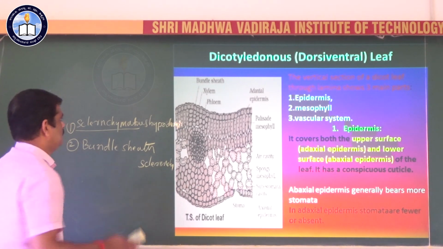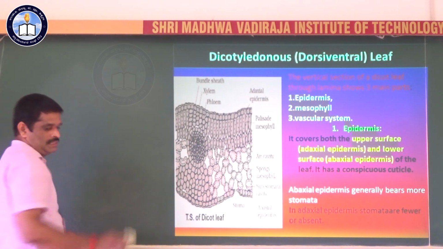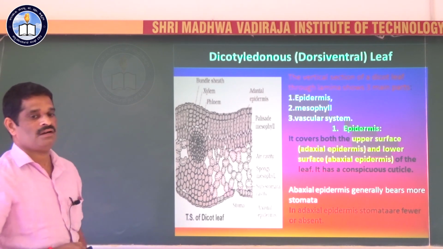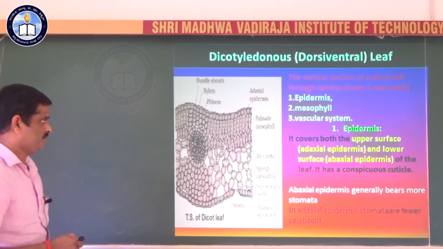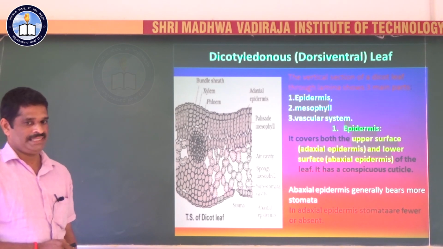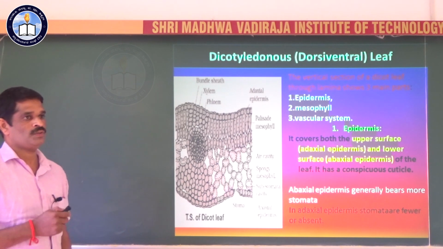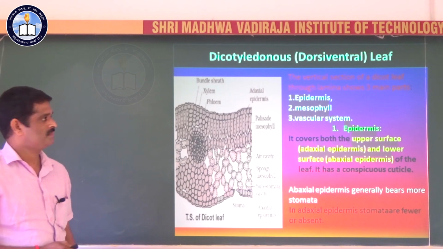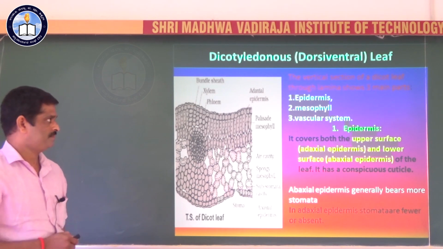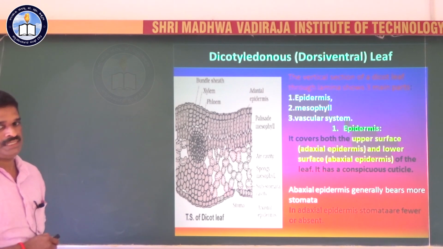Let's study the anatomy of the dicot leaf, also referred to as the dorsiventral leaf. The dicot leaf is called the dorsiventral leaf because both surfaces of the leaf are not equally illuminated. In a dicot, the upper surface of the leaf receives more light than the lower surface. The leaf is held at right angles to the light rays. Hence, the upper surface receives more light and the lower surface receives less light.